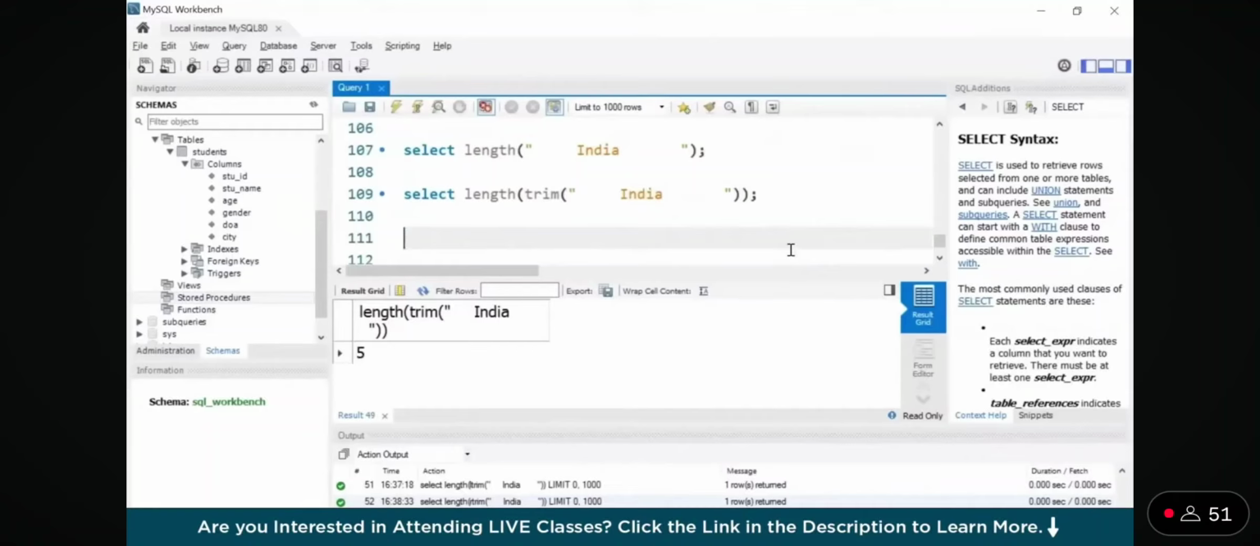There's also a function called position in MySQL. The position function returns the position of the first occurrence of a substring in a string. So if the substring is not found within the original string, the function will return 0. So let's say I'll write select